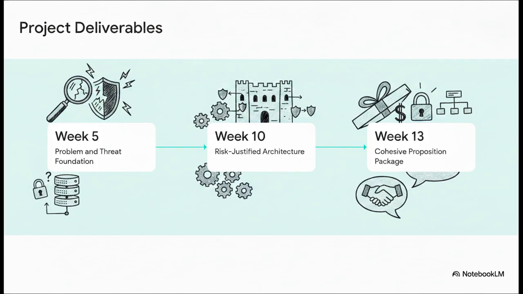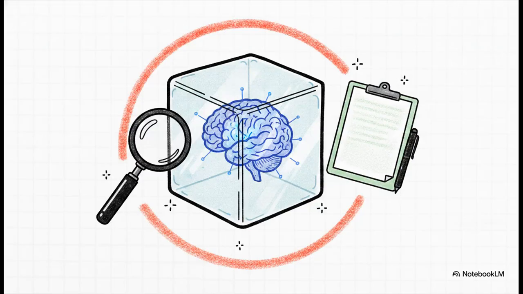So they aren't just building a neat tool, they're building a highly defensible case for why that tool actually matters to a business. Now, all of this builds up to their ultimate challenge, which is governed by one very strict rule. The students absolutely cannot alter the agent host's core reasoning or the internal MCP code. And this is brilliant because it perfectly mimics reality. In the real world, you rarely get to just rewrite an external vendor's foundational AI model. Instead, the students are forced to observe the system from the outside. They have to rely on logs, Git histories, and external interfaces to engineer holistic oversight and governance tools.